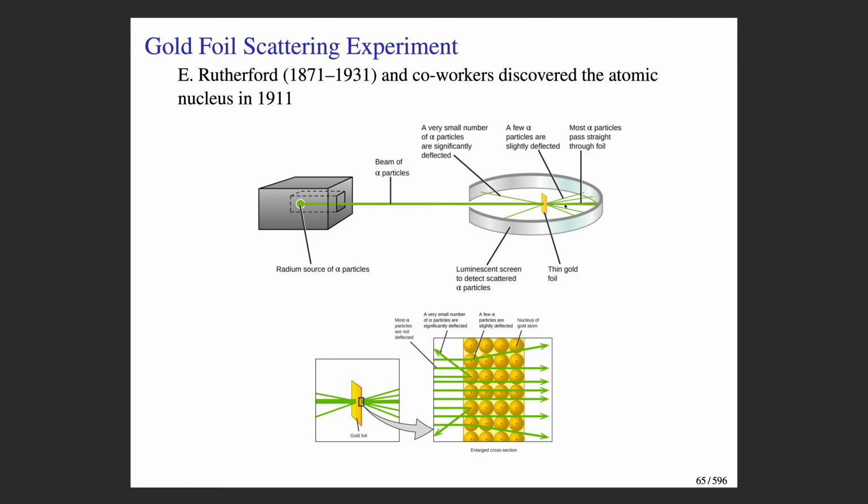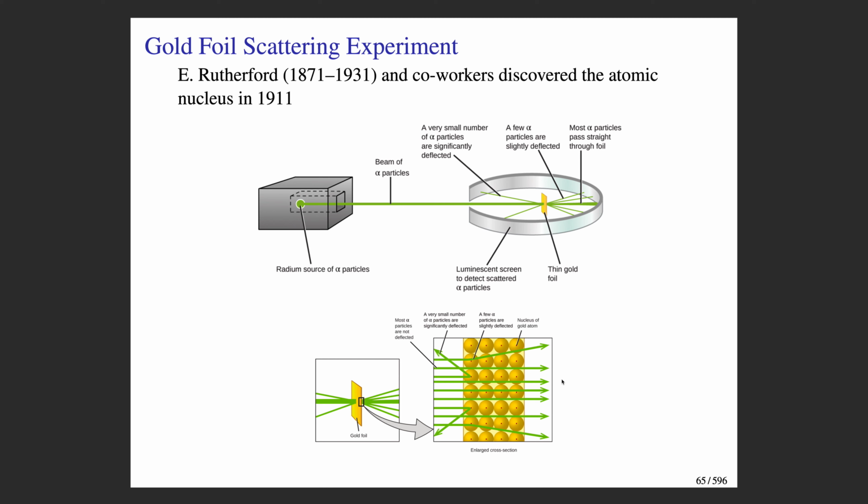But every once in a while, you get one of them coming back. And so what Rutherford proposed was that the atoms of gold were made up of some type of positively charged nucleus, which was capable of deflecting the alpha particles, and that the atoms were mostly empty space. So the idea here is that you have a nuclear core of these different atoms, but the atoms themselves, with the electrons somehow moving around them, are generally empty space, which is why most of the alpha particles just go